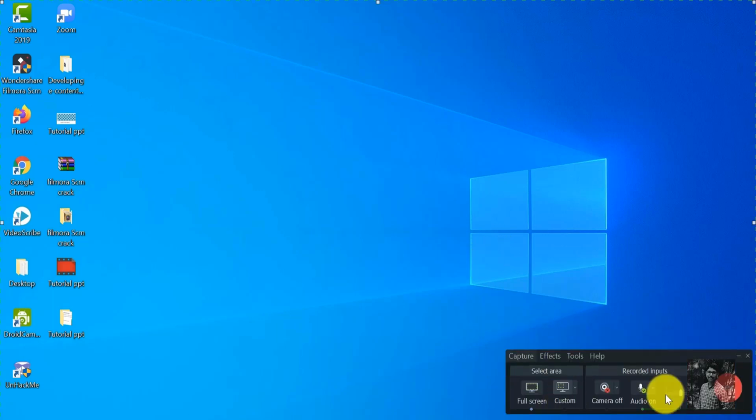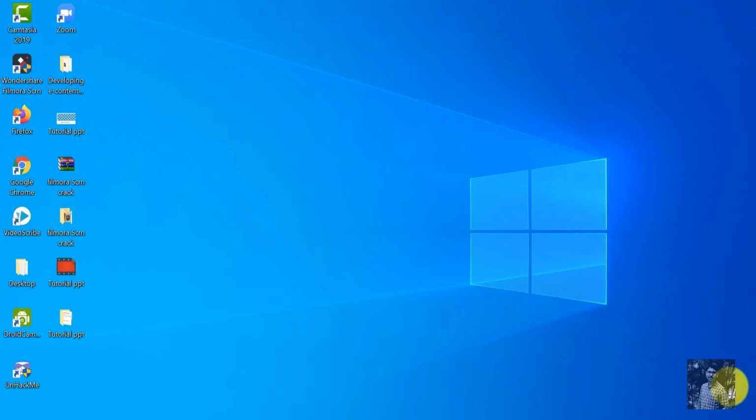You'll be getting a pop-up window like this, where you can set the screen that needs to be recorded. Whether you need to record a full screen or you need to record a custom screen size. Okay. After which, this is the webcam on, this is the audio on, and this is the microphone capture level intensity. Set these values and directly click on record.